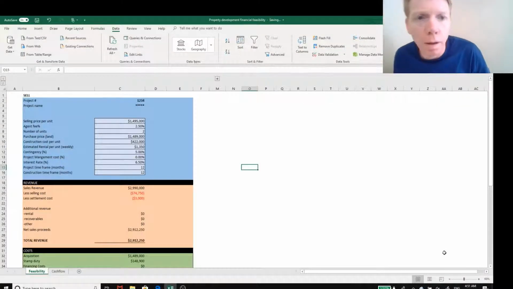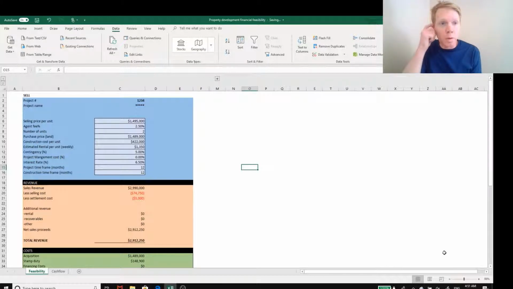Now, I've already got quite a number of models built for this type of purpose, where I can just come through and stick in the numbers. Of course, models are one thing, but the actual numbers are another. So you need to be really precise with the numbers that you're putting in and try and make them as accurate as possible. That can involve going and talking to people, looking at historical pricing, looking at local construction costs. There's a whole raft of things that you need to include to get the right price, or as close to the actual price